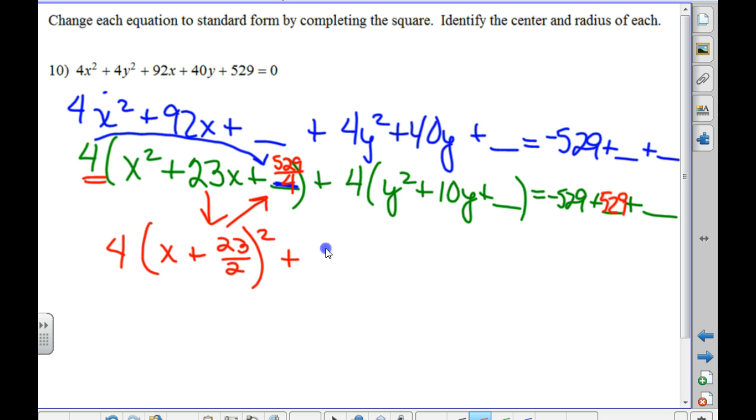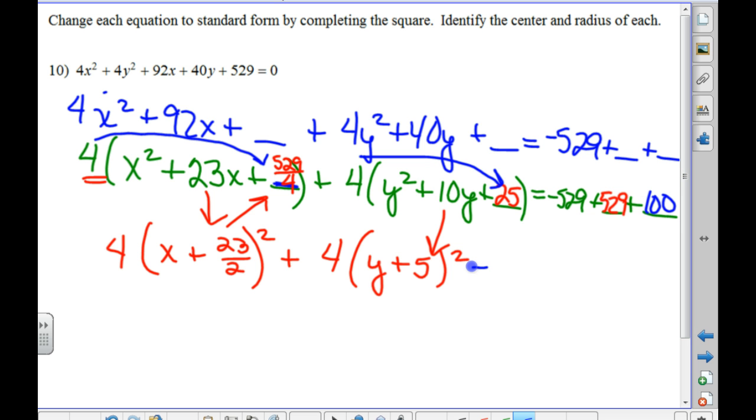All right, so can anybody help me with this one? This one's a little bit nicer. 25, y plus. And when we square it, it's 25, but what did we actually add to that side? It was 100, so it's 10. Okay. Now,